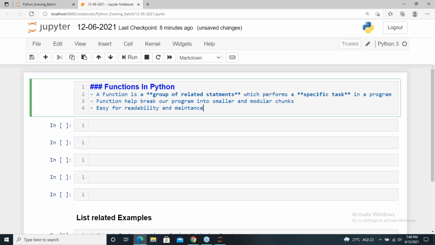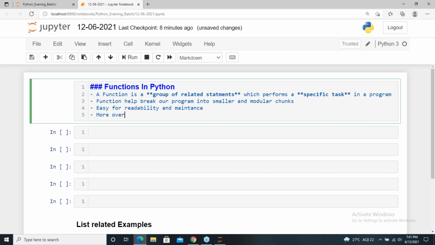For example, whenever you have a lengthy program and you want to divide that program into small units, after dividing it you can perform easy readability and easy maintenance, and moreover it reduces the